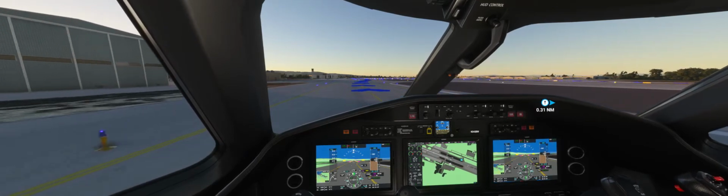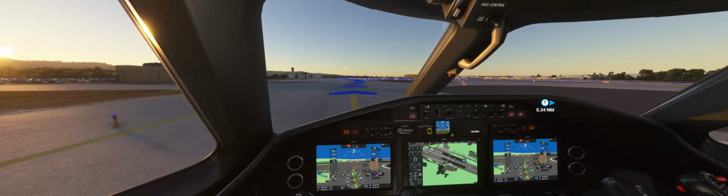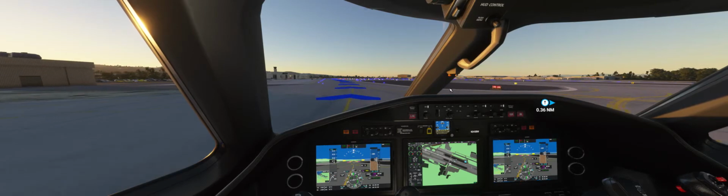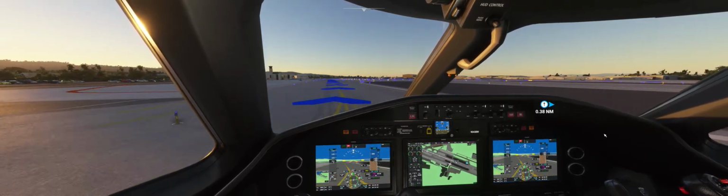I'm looking forward to watching that landing though on the video, because I could see it in the. How am I getting that? Oh, I'm within 200 feet of the designated altitude. Don't want to keep hearing that. Anyway,